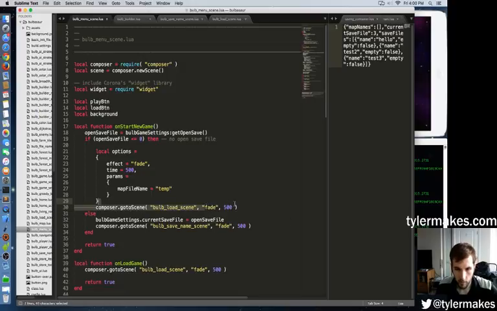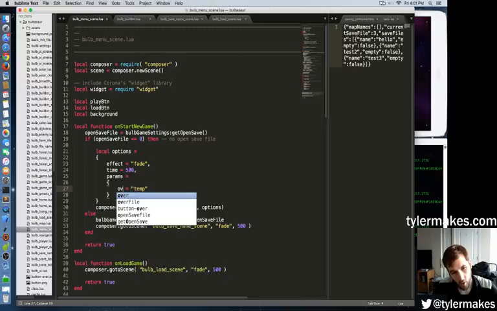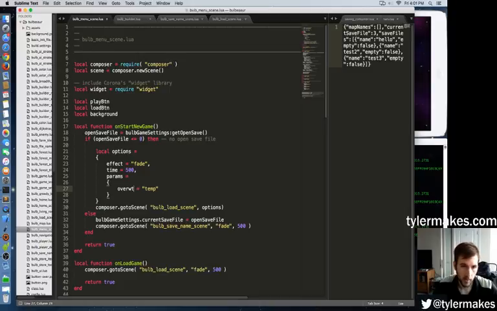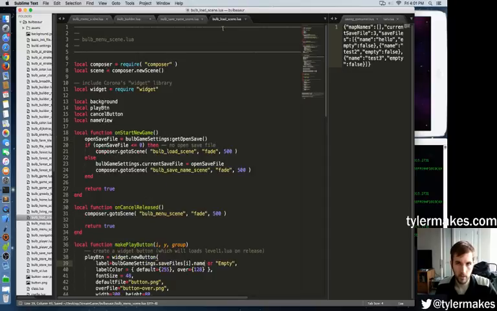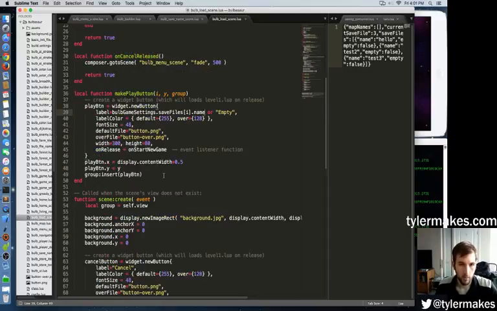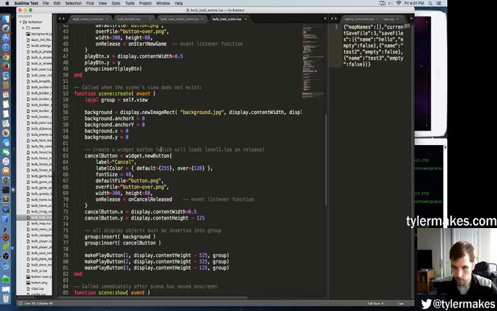Let's get rid of this here. Put options. And we are going to say overwrite true. So in this case, we're asking it to overwrite because you said, hey, I want to start a new game, but you've already got too many games. So what we're going to do here is